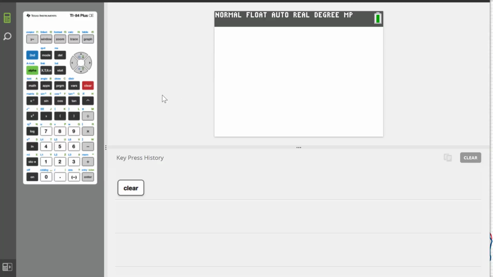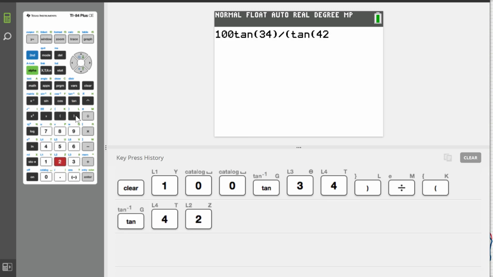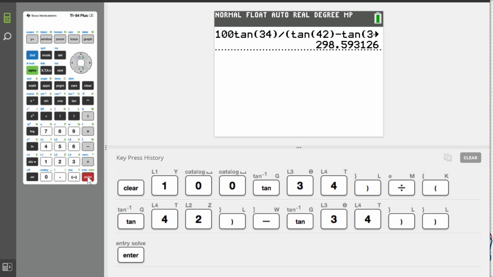Now, we do have to be careful typing this in. I had 100 tan 34 on the top, and then divided by, and now the bottom has two terms in it. Since the calculator forces me to type sideways, I'm going to have to use a parentheses here to communicate to the calculator that all of that stuff belongs on the bottom. So the tan 42 minus the tan 34. Don't forget to close both the tangent parentheses as well as the parentheses I started for the denominator. There's the value of x,